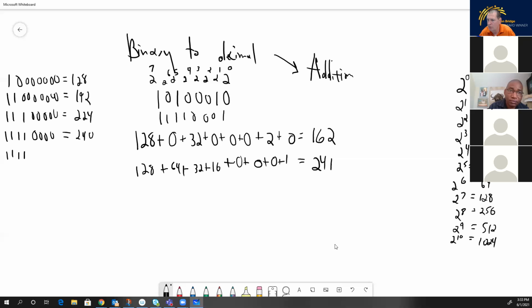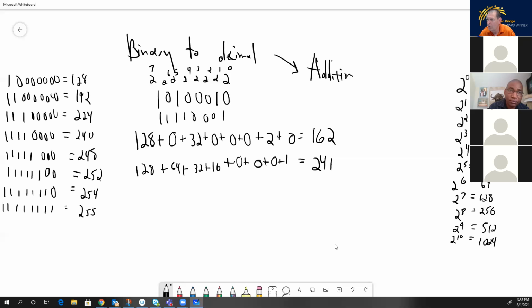Five ones equals 248. Six ones equals 252. Seven ones equals 254. And then all ones equals 255. One of the reasons we're concentrating on just 8 bits is because we're going to find out